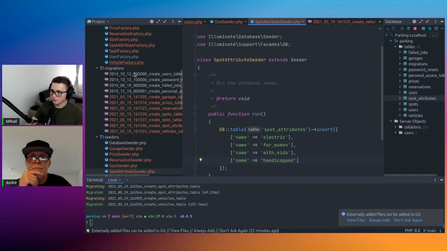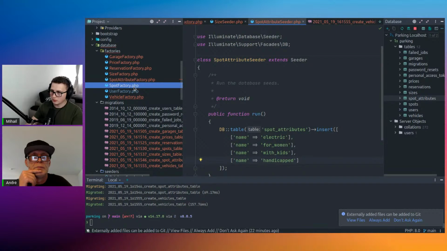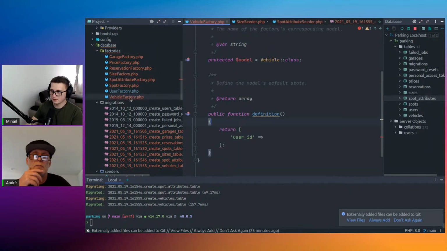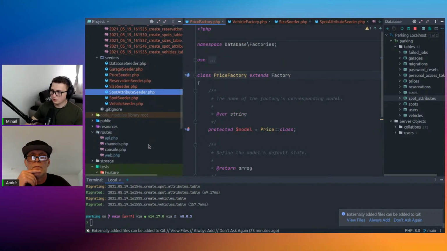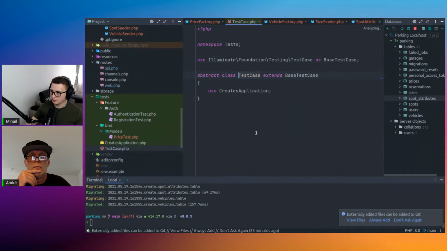Okay, so we can delete the... Do we want to delete this? The size factory. Or do you think this is needed for faking tests? Yes, you have to call the seeder every time you run the tests, but this is not done automatically. I'm gonna put that in the setup of the base test. Okay, yeah, then you don't need it. So size and spot attribute go away, and in the main test,